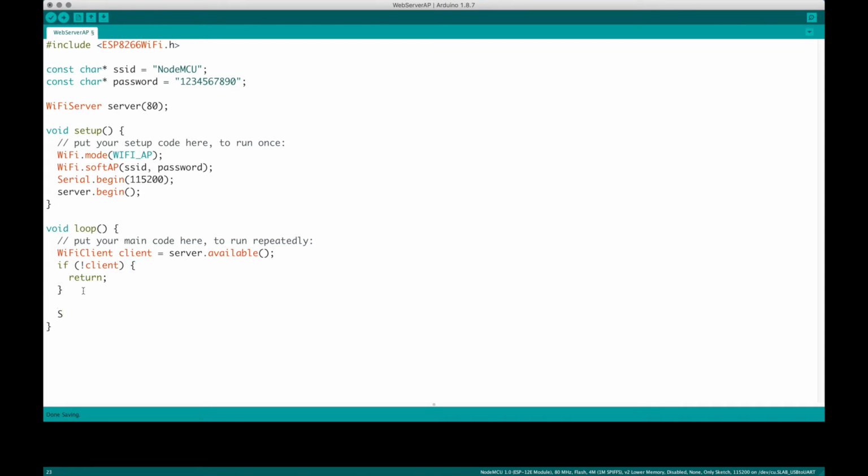Now, let's define the request. So we're saying that the client does exist, and we'll call it client.readStringUntil, and it'll be '\r'. And I have to put in a semicolon. Then we can print the request, just to make sure that we know we received it. Now we can flush the client,